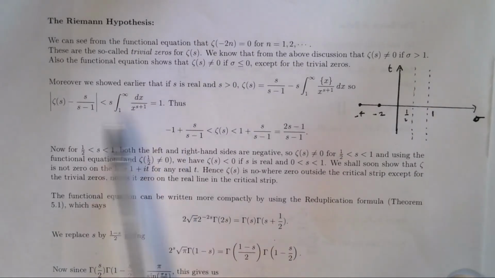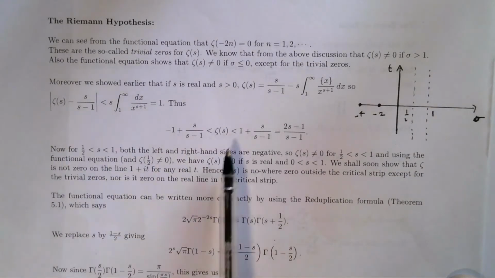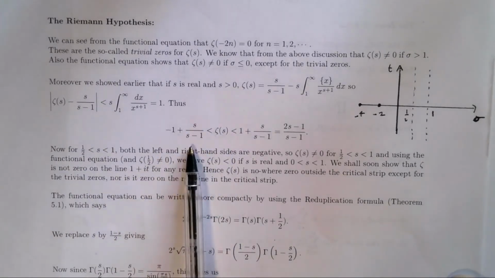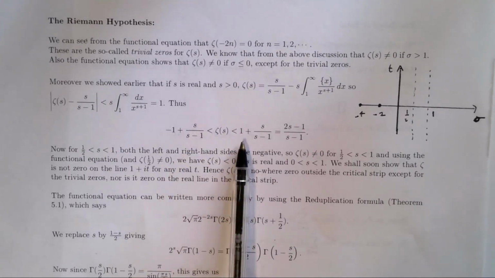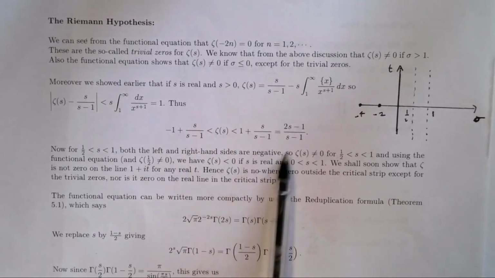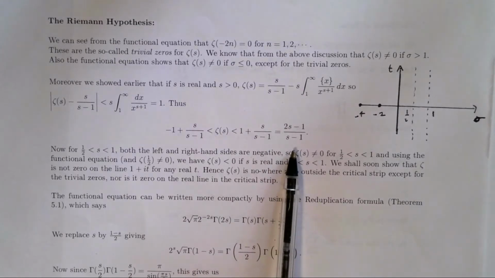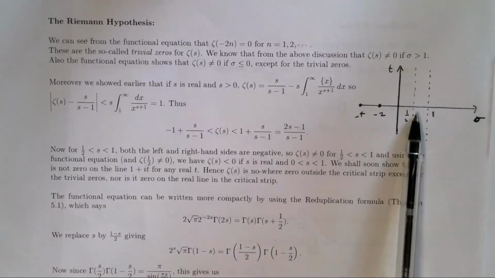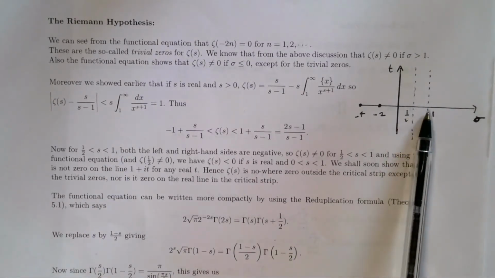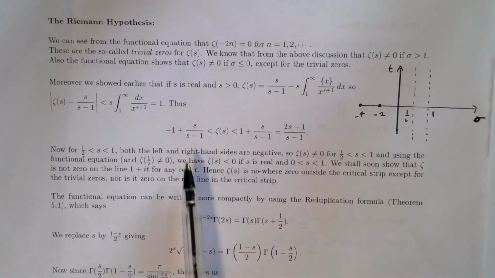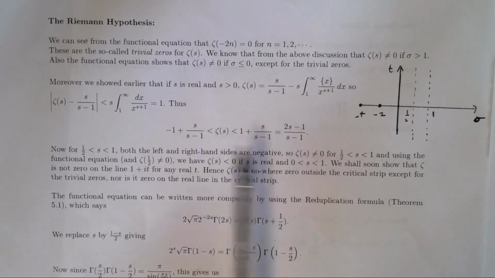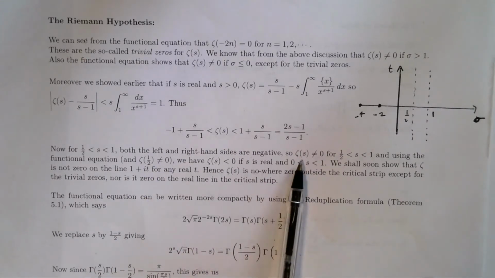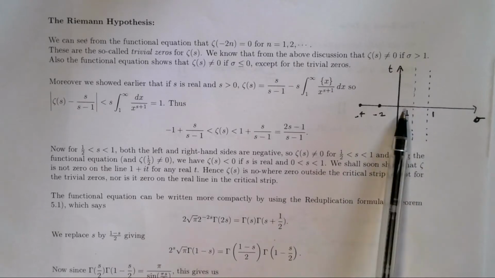So unpacking that inequality, then I have zeta of s is bigger than minus 1 plus s on s minus 1, and less or equal to plus 1 plus s on s minus 1, which is 2s minus 1 on s minus 1. So if I take s between 1/2 and 1, so that means I'm taking my s in this little region here, s real, then you can see that both of these terms are negative. So that means that zeta of s is negative for all s in here,